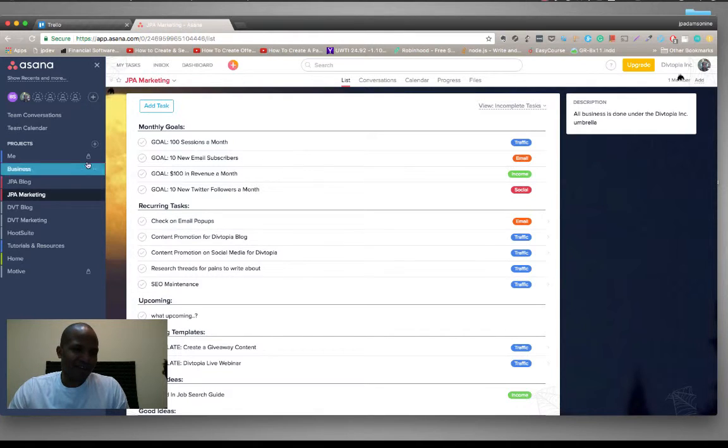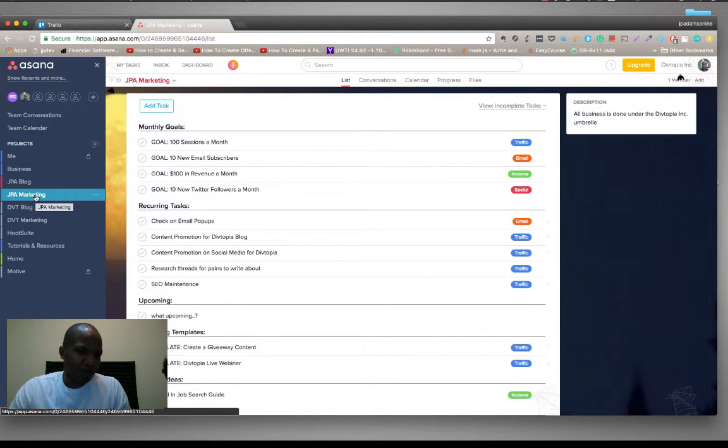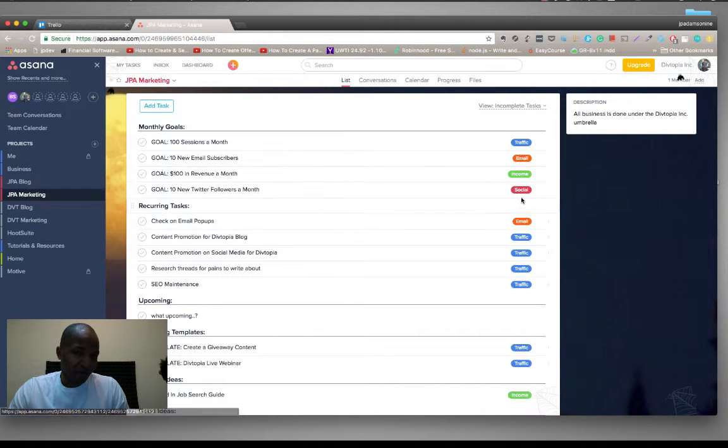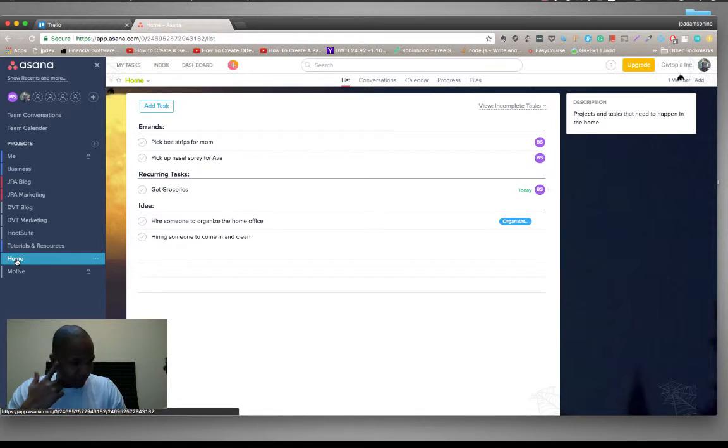But the way that this is set up is that if I come in here and just review this, I can see immediately right up top what my goals are for this project. More importantly, because the goals are tied to different categories, any task that is associated with a color is tied to a goal. So you could pretty much do that for the home as well. Like, what are the things that we care about? We care about health, we care about nutrition, we care about organization,